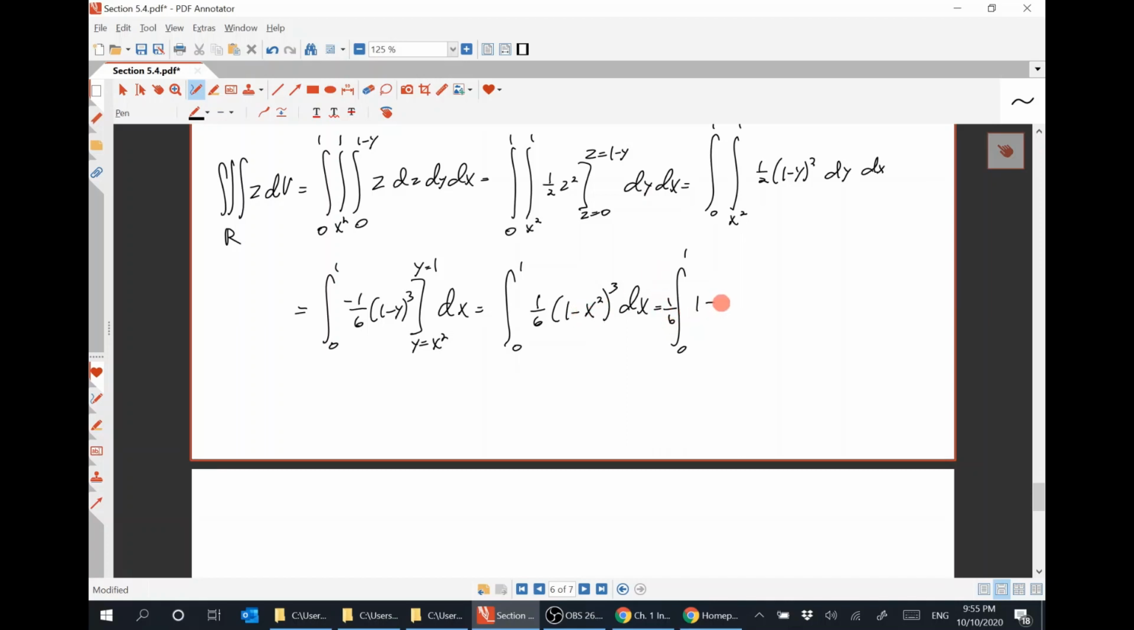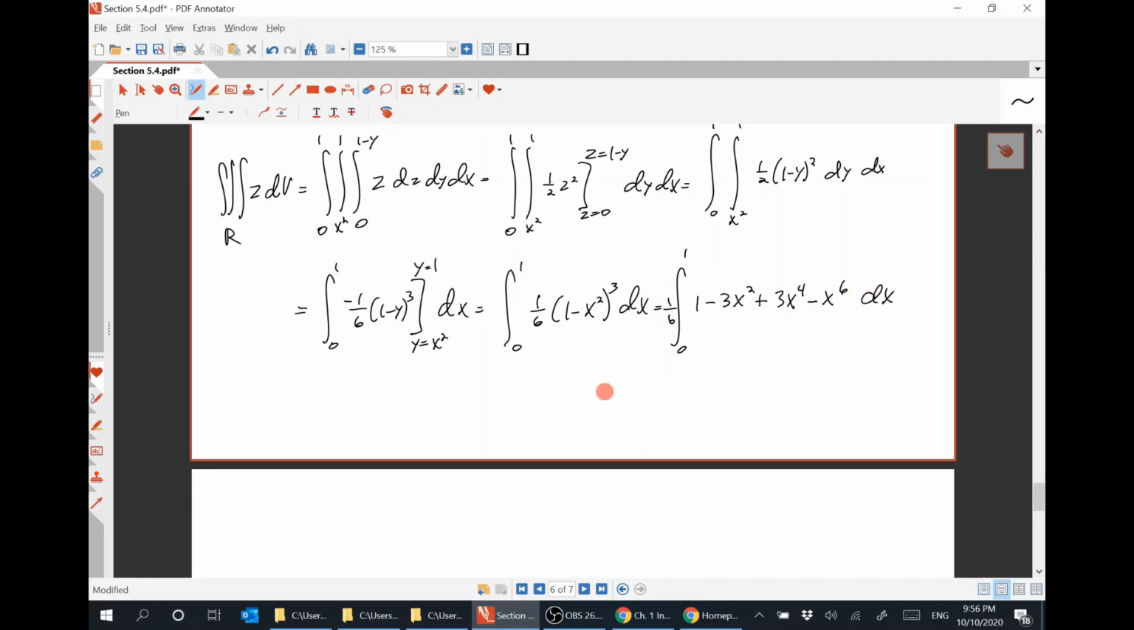1 minus 3x squared plus 3x to the 4th minus x to the 6th, right? 1, 3, 3, 1 using Pascal's triangle, right? 1 to the 3rd, then 1 times negative x squared times 3, and then 1 times negative x squared squared, and then negative x squared to the 3rd